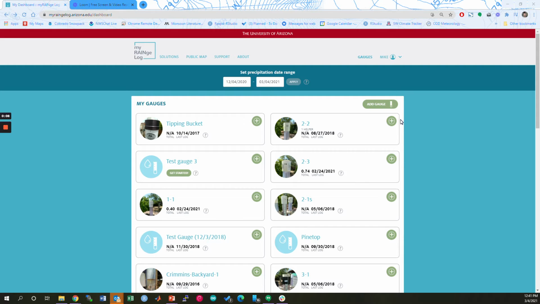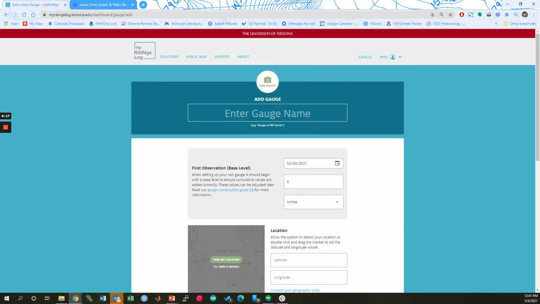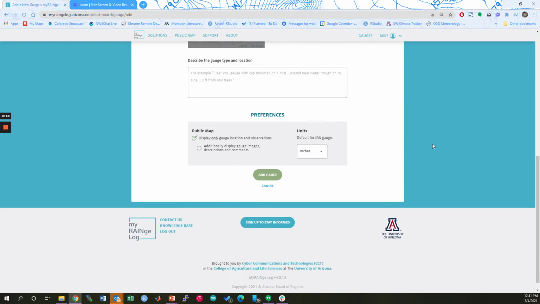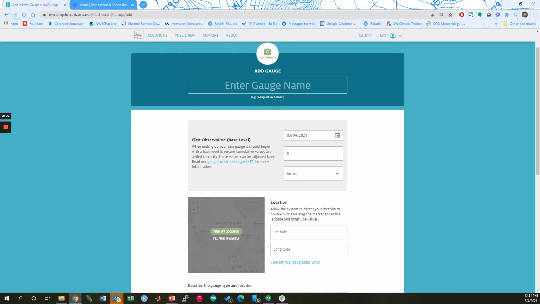Just got to make sure you're logged in and then click on the Gauges button to bring up your gauge dashboard. Once you're there, click on Add Gauge. And on this page, you'll see that there's quite a bit of information to add to describe your gauge. So we'll first enter a name,